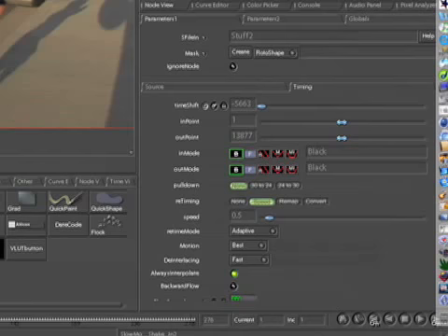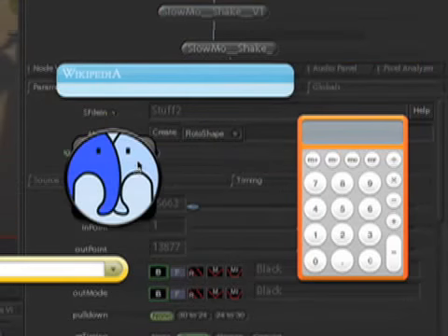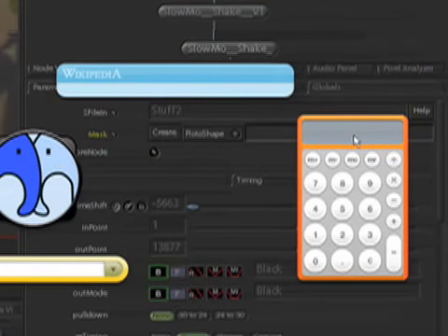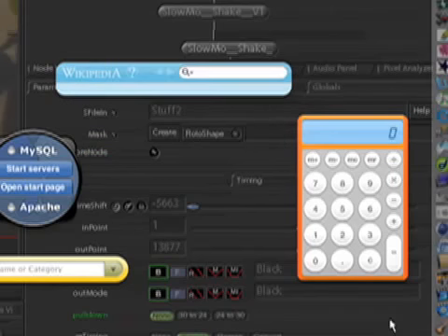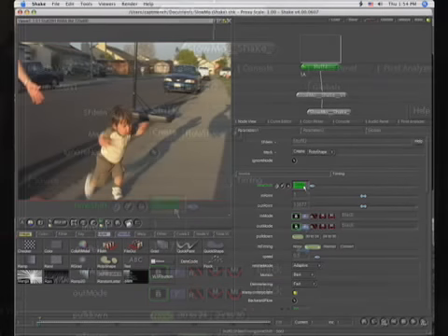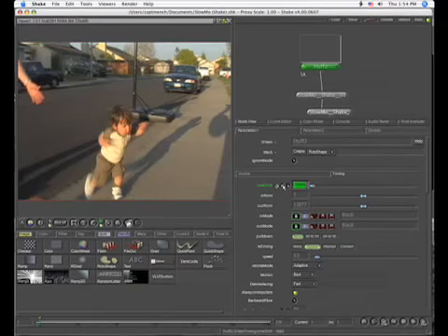So let's pull up our calculator widget, and as soon as this comes up, I want to put in 5663 divided by 0.5, and that will multiply it. Well, divided by 0.5 is multiplying. And I get a number, 11,326. So I'm going to drop this number in here, minus